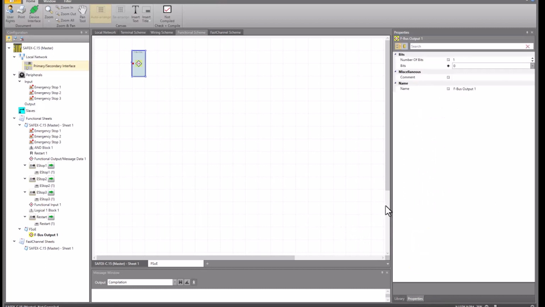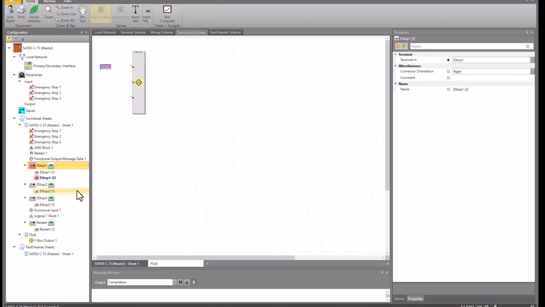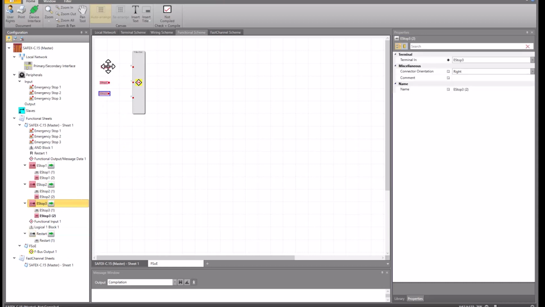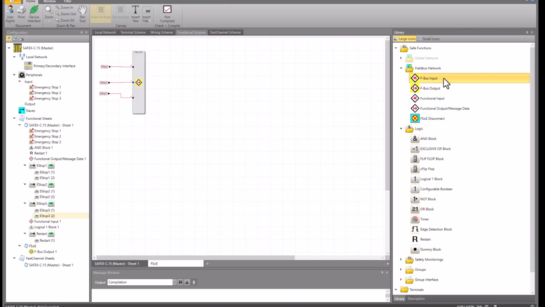And we want to send 3 signals. Here we can set that. And these should now also be the emergency stop signals. Now we need the object FBus input.